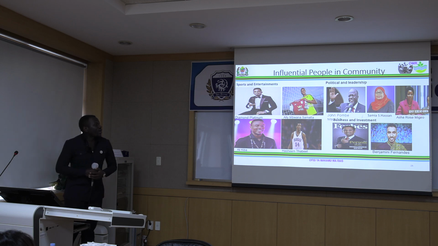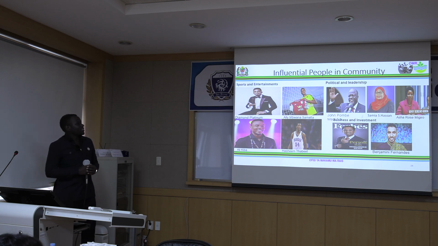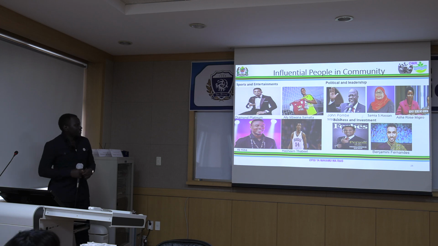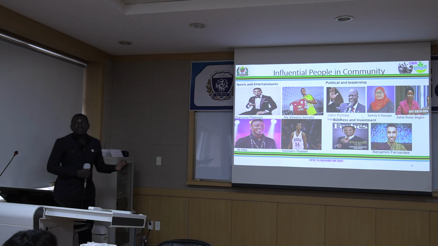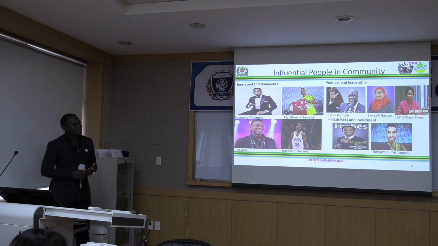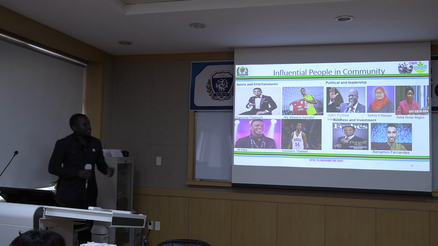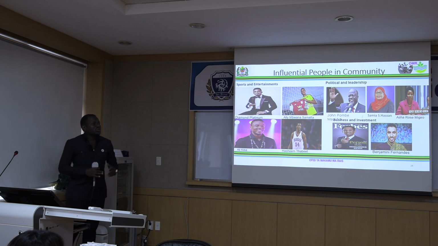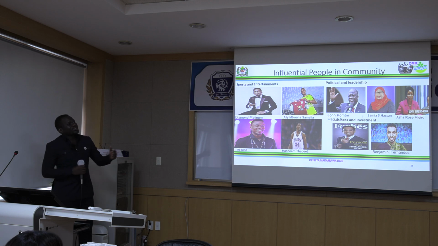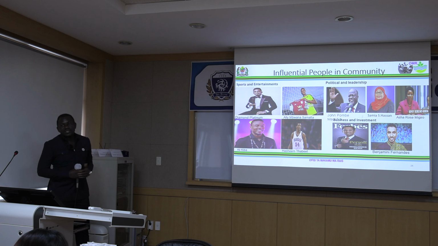We also have Mama Samia Suluhu Hassan, who is the current president. Also, she's doing good. We have Asha-Rose Migiro. Why is she there? She was at the UN as deputy secretary-general from 2007 to 2012. Also, we have Mohamed Dewji, the youngest billionaire in Africa. He also influences a lot of the young generation now. Instead of looking for jobs, they are trying to invest. He started at 21, but now he's below 40. He's the youngest billionaire in Africa.